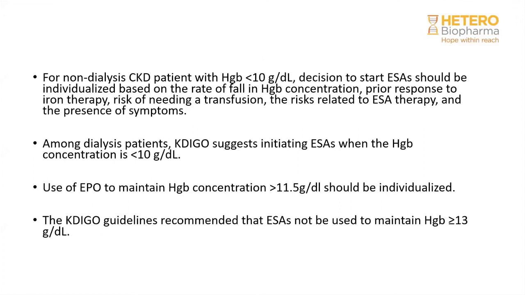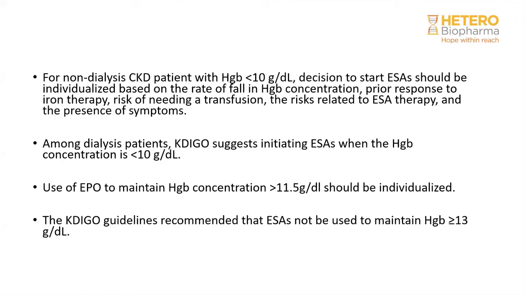So when do you start? Usually, if you're a non-dialysis chronic kidney disease patient with a hemoglobin of less than 10, and you have evaluated completely and know that the person is iron replete, not iron deficient, and there are no other obvious signs other than a relative erythropoietin deficiency, then you plan to start. Basically, the idea is you don't let the hemoglobin fall below 9. So as soon as the hemoglobin is less than 10, there should be a thought of considering erythropoietin, if you have corrected the other causes, especially iron deficiency and inflammation.